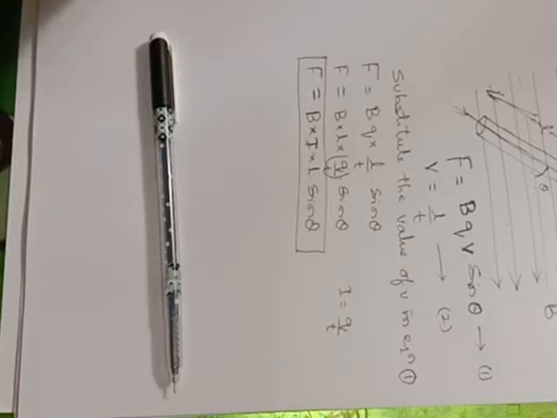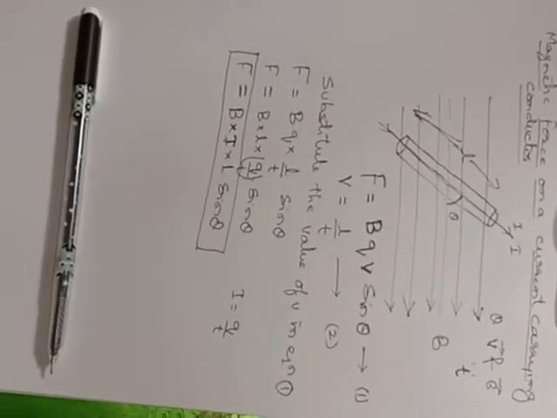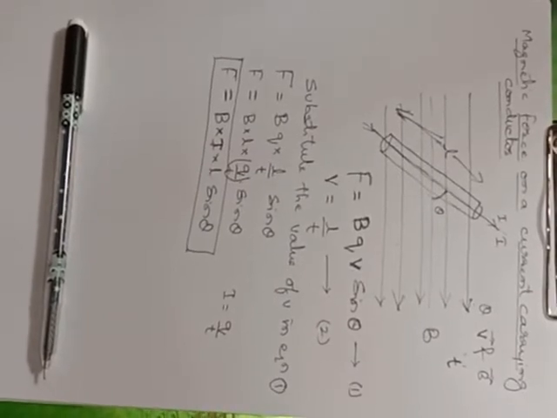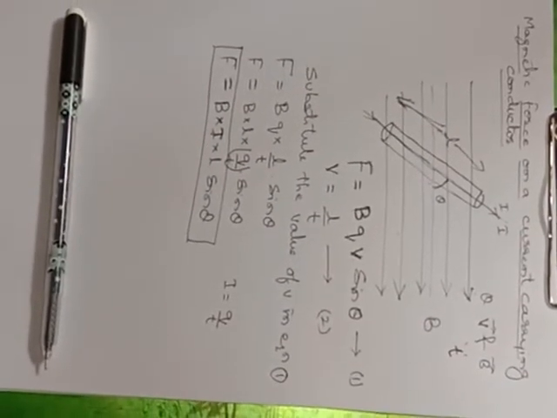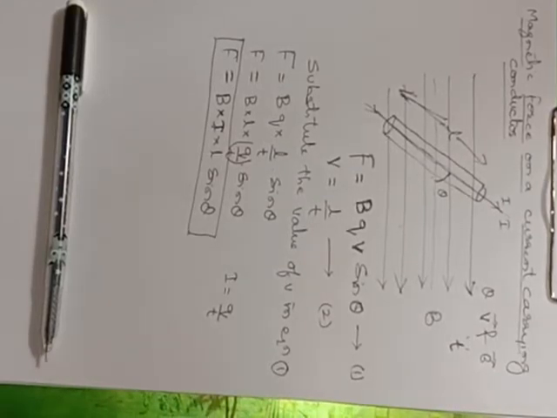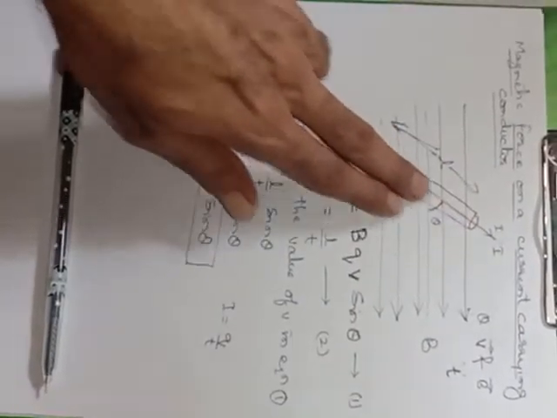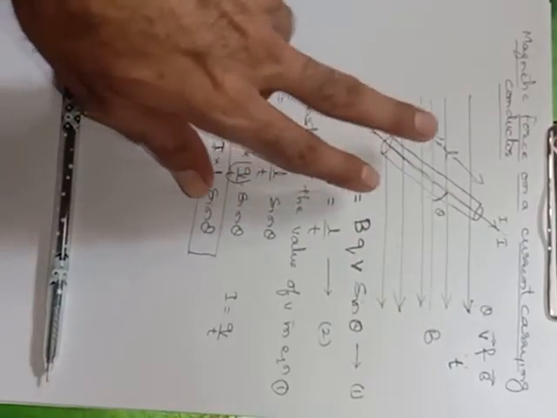So in this particular case, what we did, we have considered that a question will be asked, magnetic force on a current carrying conductor. What is the magnetic force on a current carrying conductor? Earlier we have seen that a single charge is moving. Now, in this particular derivation, this is the 3 marks derivation. Here we have considered that a wire is there of length L.